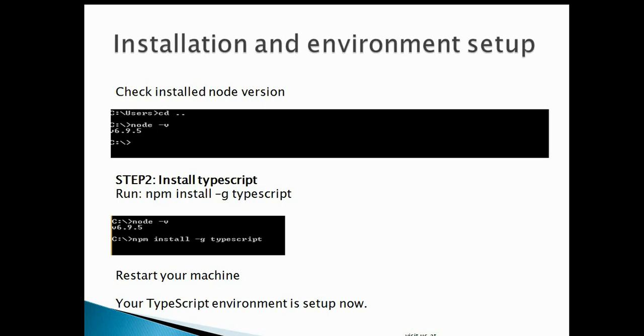After that, we can check if Node.js is installed or not. To check, we can run the command node hyphen v, right? So it will print the installed version of Node.js. As we can see here in my system, the installed version is 6.9.5. It means Node.js is installed completely. So okay,